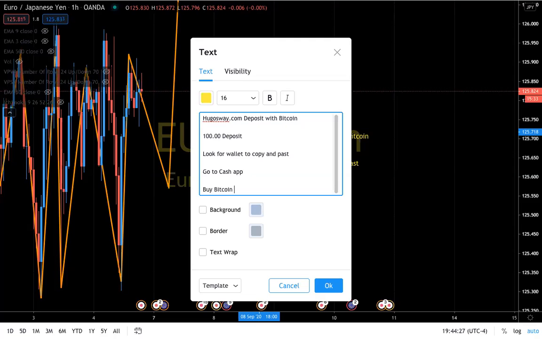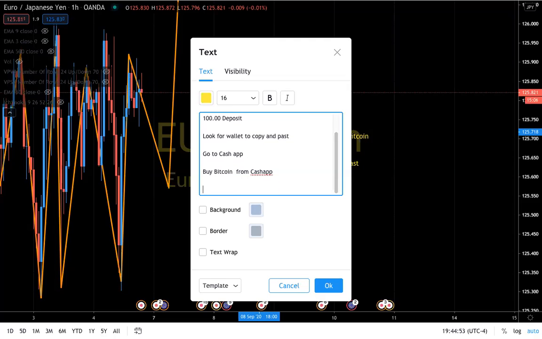Once you buy the Bitcoin, say you want to do the $100, it's going to take a fee. So either you want to do a little bit more than $100 if you actually want $100 to go inside your Hugo account, like $105, and let them take the $2 or $3 fee for the Bitcoin buy. And then once you buy the Bitcoin from Cash App,